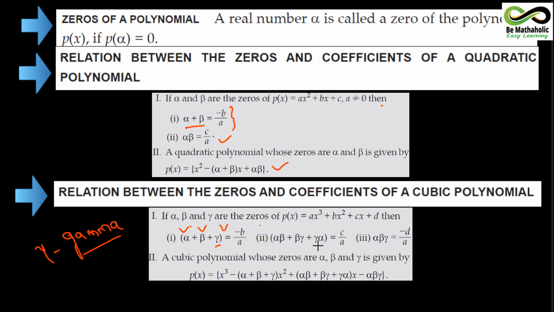Again, when you know all these relationships between the zeros, you must also know that to form a cubic polynomial, it's the reverse manner. As I said, when you are being asked to frame the cubic polynomial, then you will be using this particular formula to frame the cubic polynomial expression. So everyone please remember this formula also.